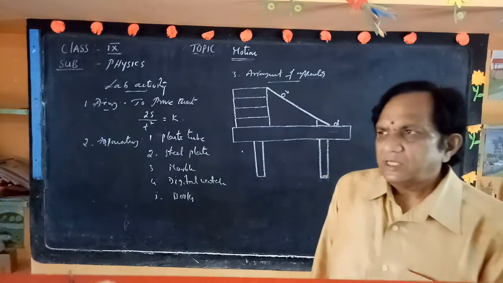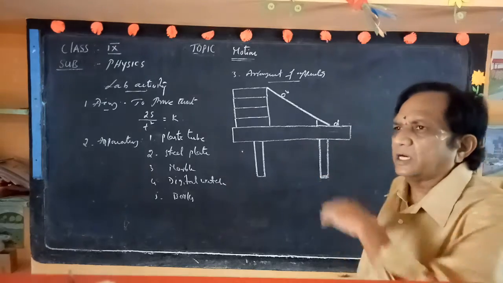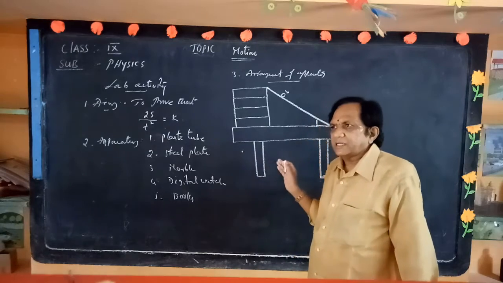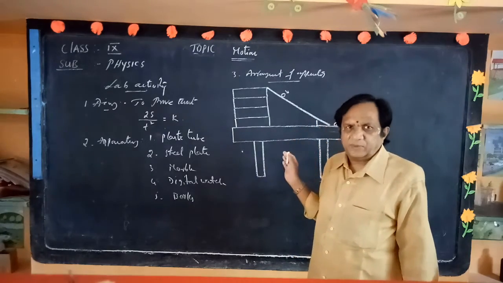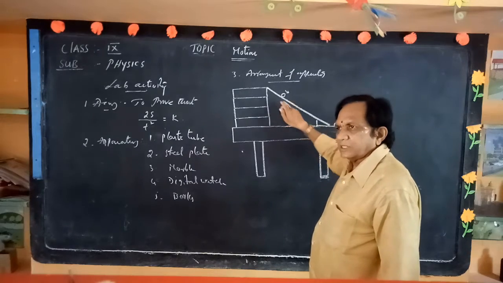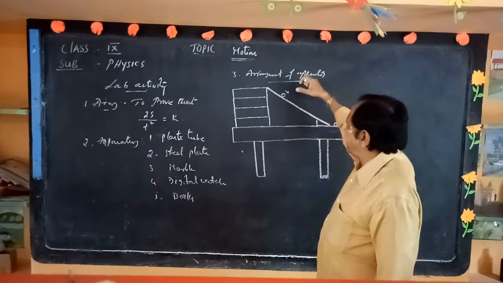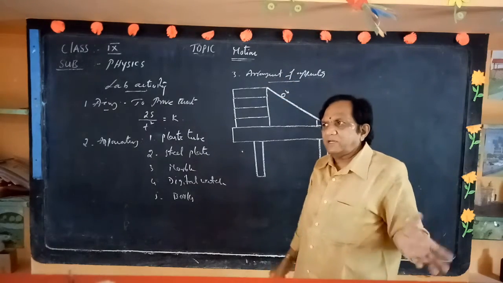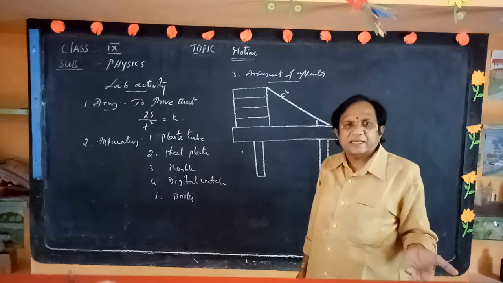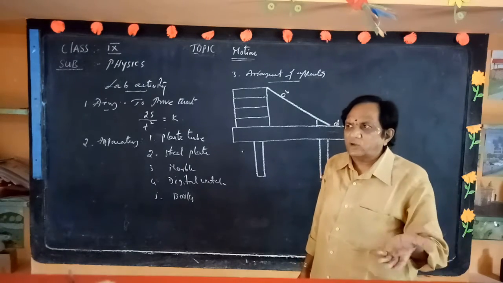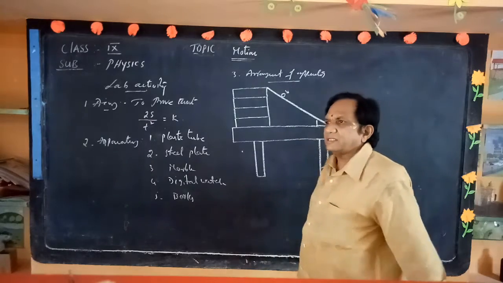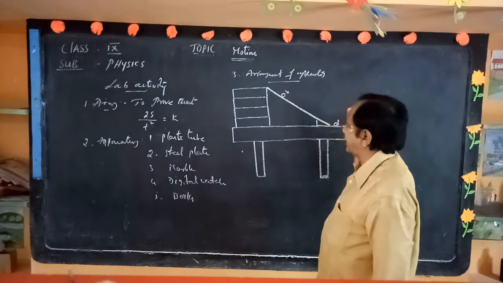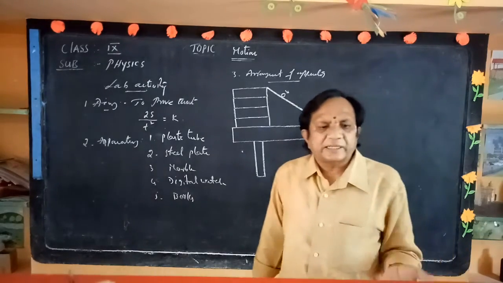In this manner you have to take 2 or 3 readings, because at one time we do not get the correct reading. That's why a minimum of 2 to 3 readings should be taken, verifying the same. So at the same line you can make a second trial. That means leave the marble from 60 centimeters again, it touches this plate, and the same time will be taken. Remember that. If the distance changes, then only the time will change. If the distance is not changed, there is no change in the timing. Understand? So that's why you get the same time every time it touches.